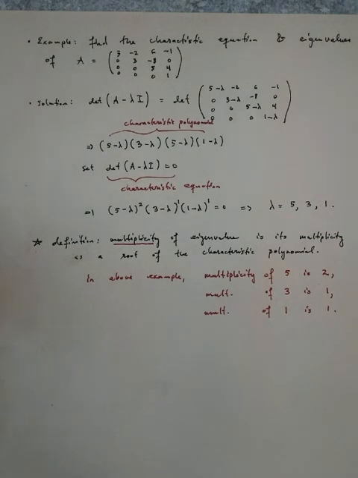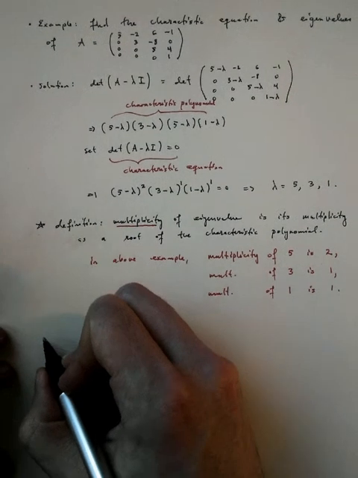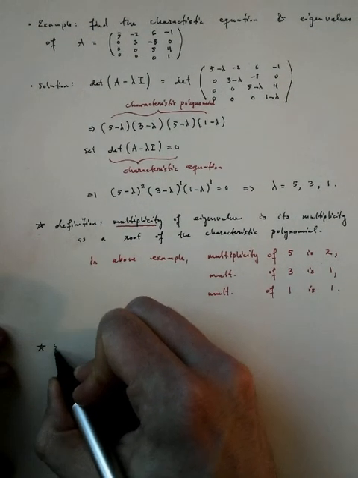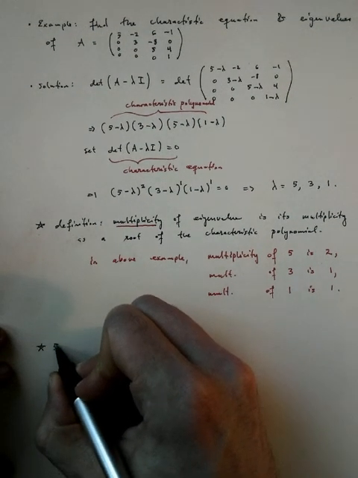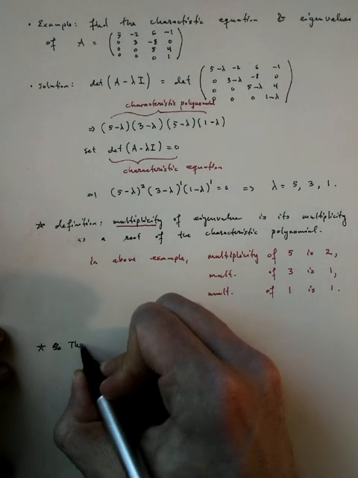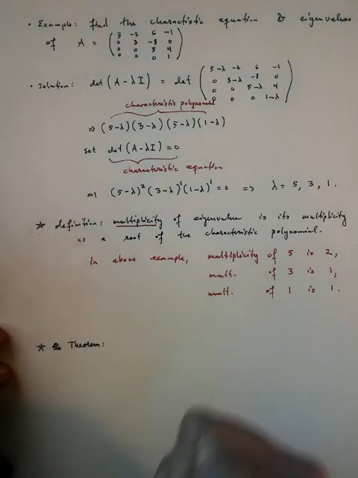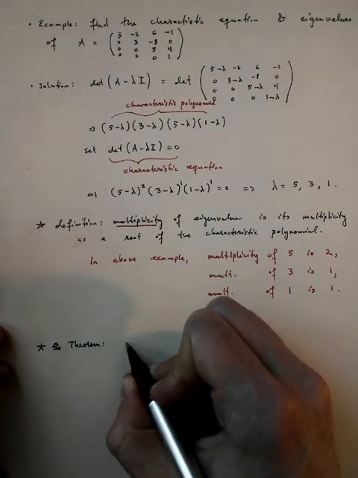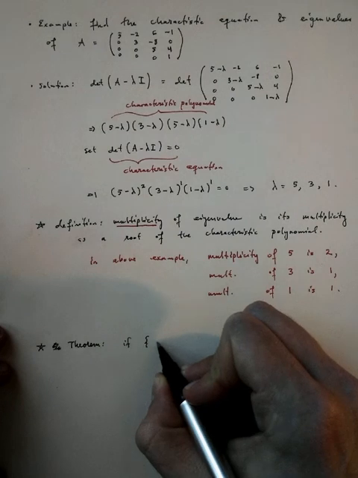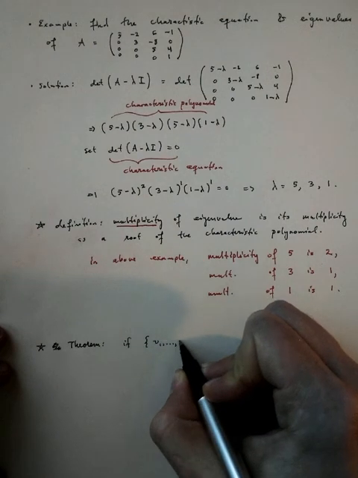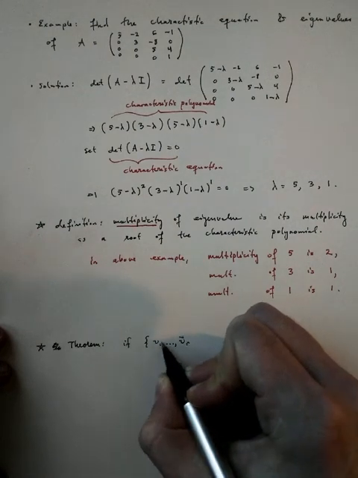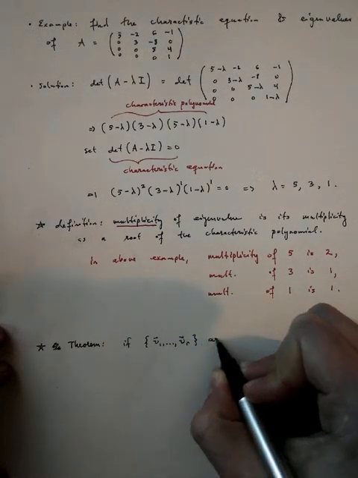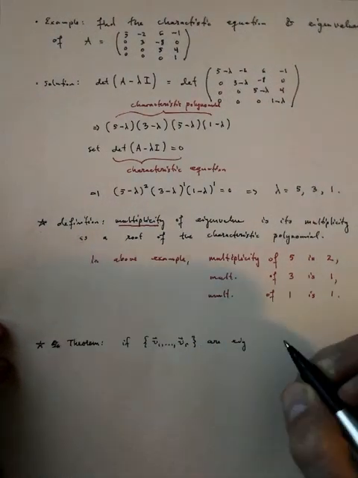Okay, the importance of multiplicity of eigenvalues actually shows up in this theorem, which comes from section 5.1. Let me say theorem. So if I have a set of vectors that are eigenvectors,